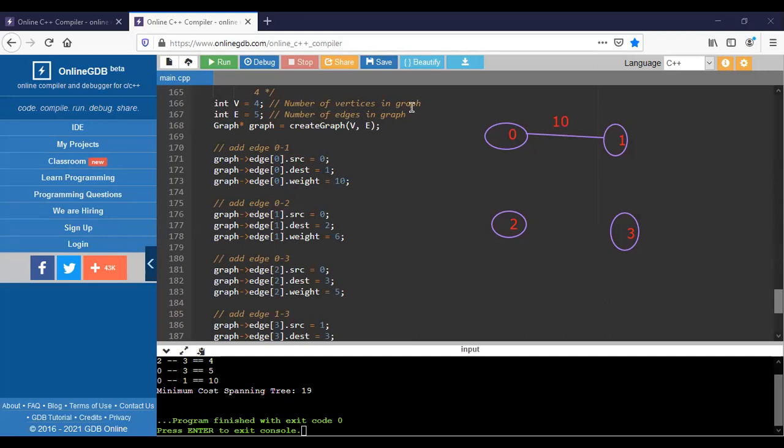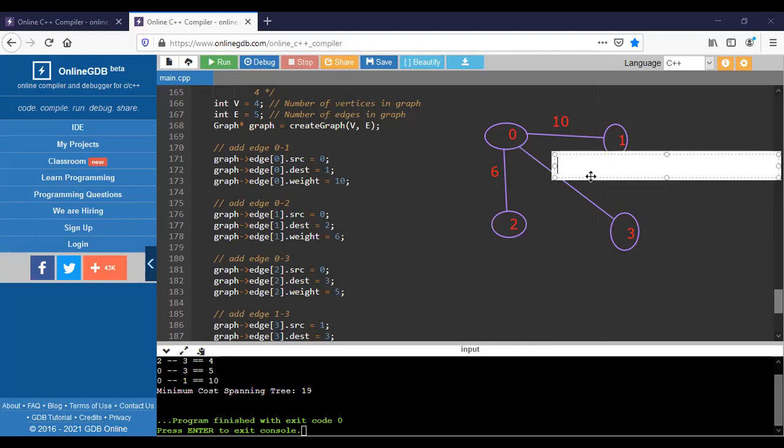And I am adding another edge, which is 0 to 2, and the value here is 6. Adding the edge 0 to 3, 0 to 3 is also there. We are using 5 as a distance, that is, a weight. Okay, next one,